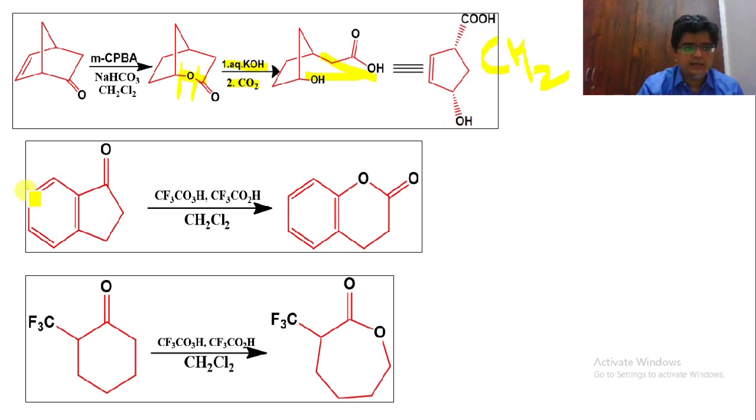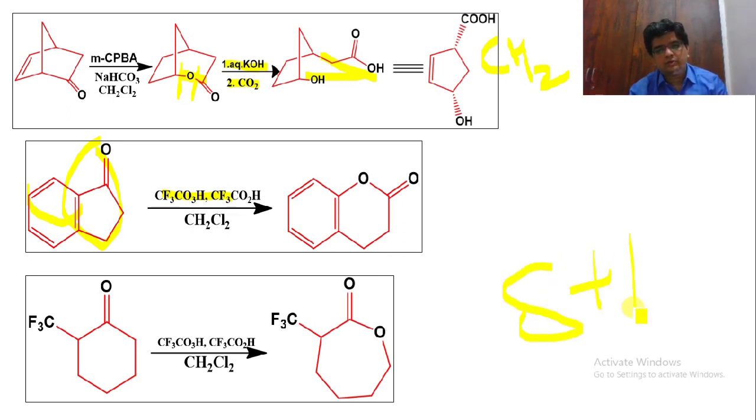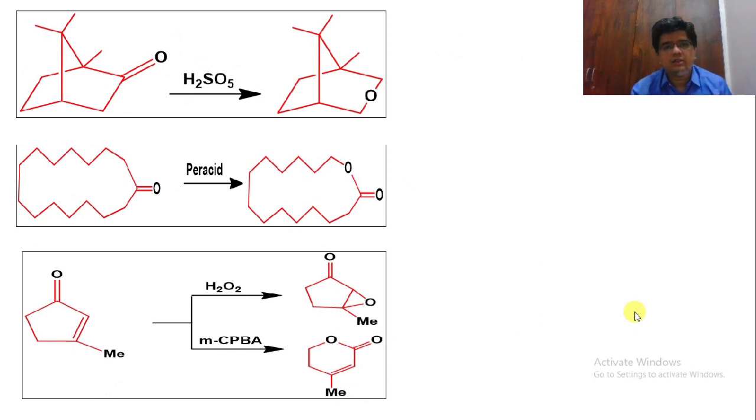Suppose we have a benzene compound with a C double bond O, that is a ketonic group, over here, when it is reacted with CF3COOH, that is trifluoroacetic acid. Now as we know, the cyclic ring, that is cyclopentanone, is converted into a 6-member ring, that is known as delta lactone. Here we have a 6-member ketone that is converted into a 7-member lactone, that is known as delta plus 1 lactone. So this is all we can say about the Baeyer-Villiger.